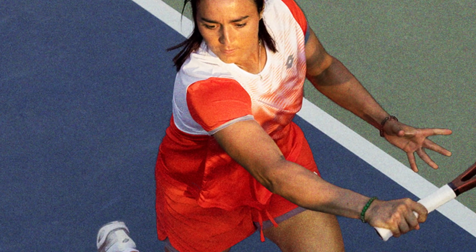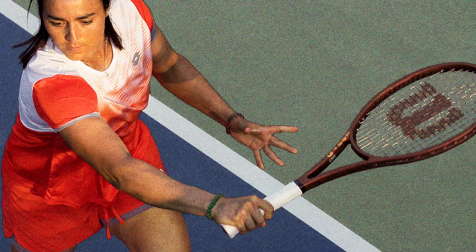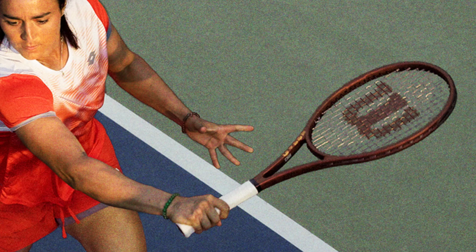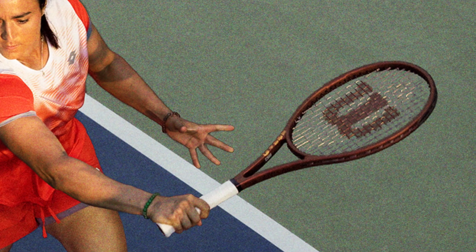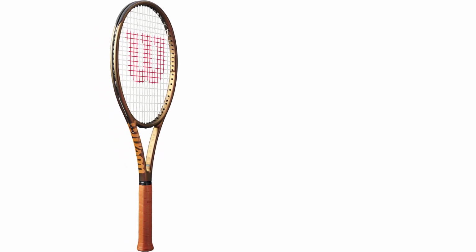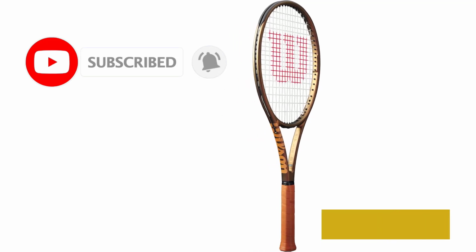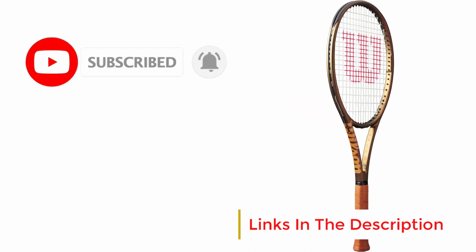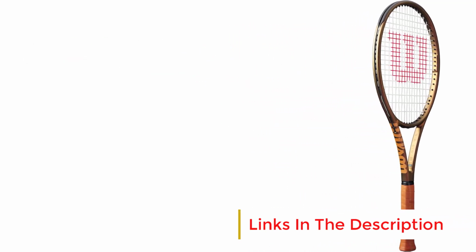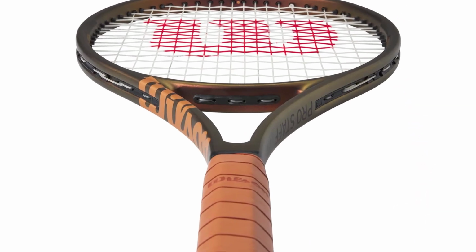With a 97 square inch head size, the Pro Staff 97 V14 offers a compact sweet spot, making it a perfect choice for players who prefer precise shot placement and control over power. The 18 by 20 string pattern further enhances control while reducing string movement, allowing for more consistent and accurate shots. This string pattern is particularly suited for players who can generate their own power and prefer to work the ball